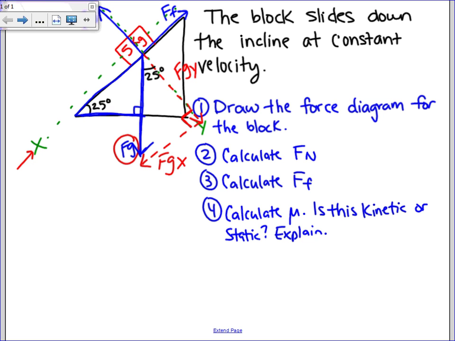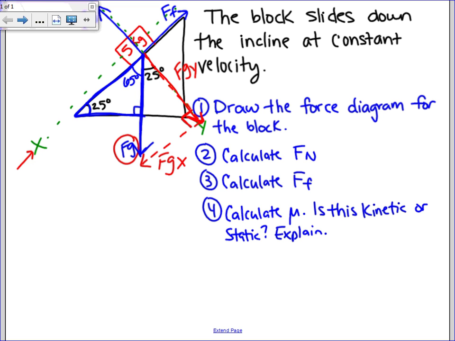And so this right triangle right here, if this is 25 degrees in this corner, then this corner must be what? It must be 65 degrees. Okay, that makes sense. Now, when I drew the gravity y, which was right here,